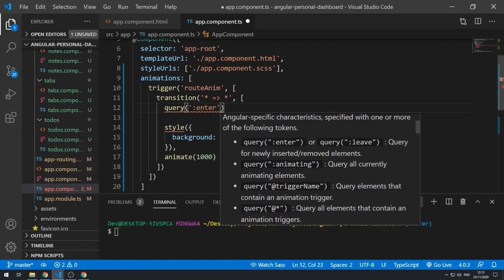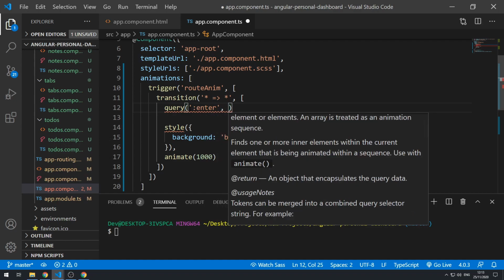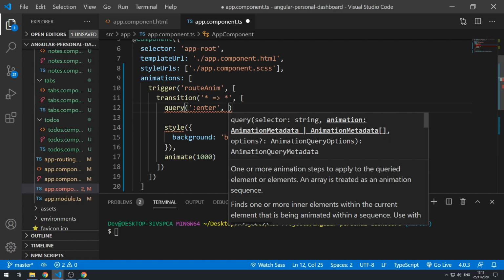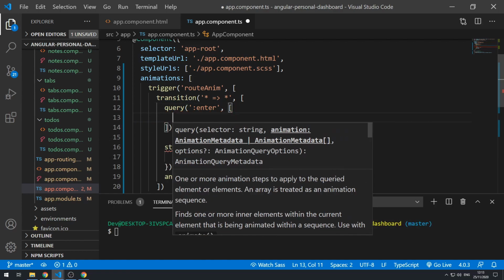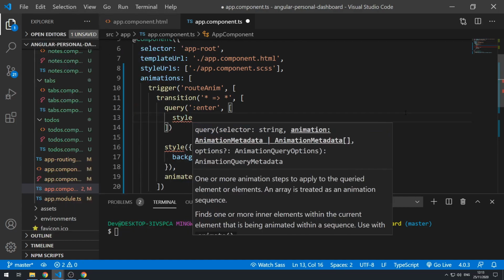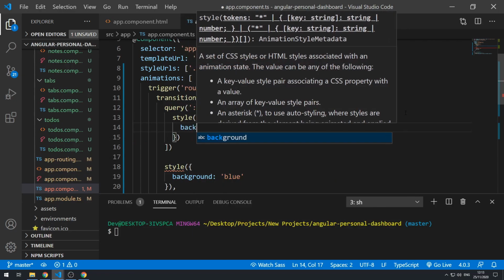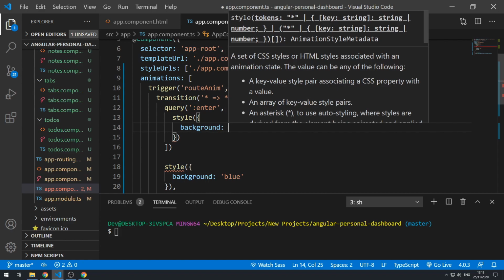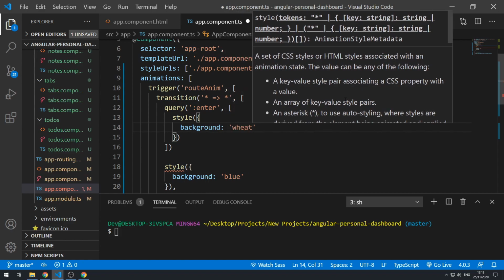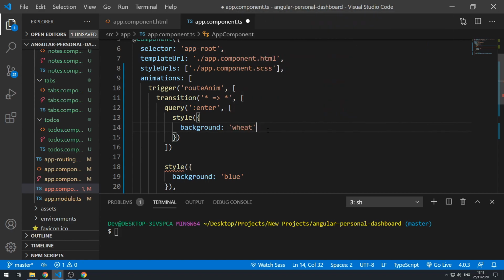component, and let's now pass in the animation steps. Here we can first style it. So let's first set some styles. Let's set the background to wheat. Okay, so that's a wheat color. Let's save that, and oh, here we actually need to put a comma here, and if we save that